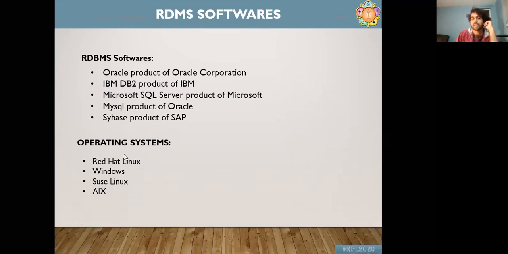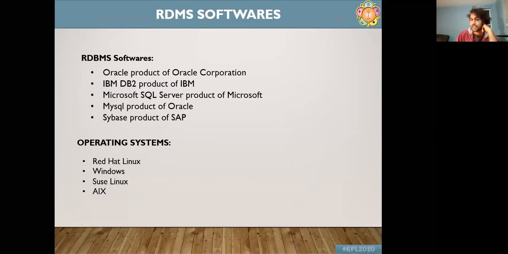So you don't really have to buy a physical hardware server, buy a license for these products, and do your installation. You don't have to do all that. Everything is taken care of in the cloud environment, and you just need to select what software you want to install, and you just